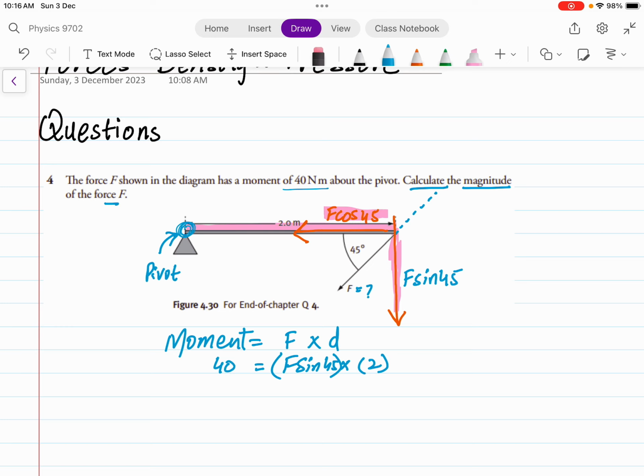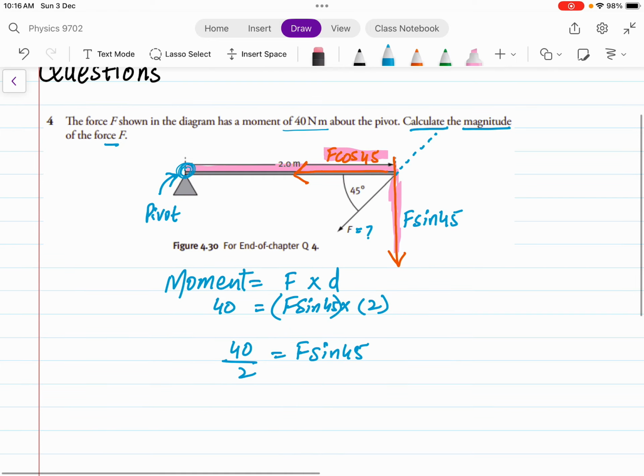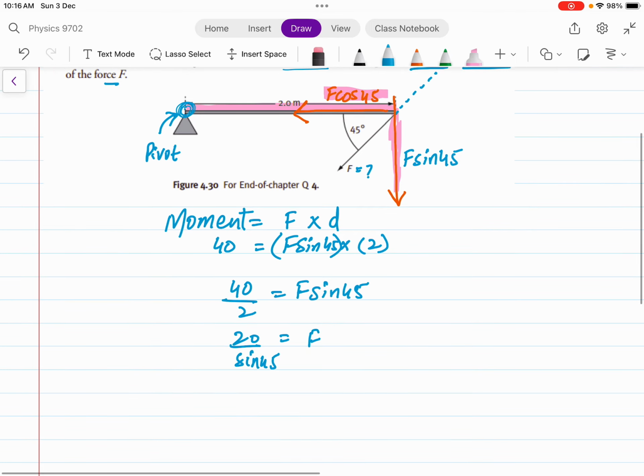So it would come up to be 40 divided by 2 is equal to F sine 45, and that would be F is equal to 20 upon sine 45. And when we put the values in calculator, this will lead to 28.3, that's 28 newtons. So my force here is